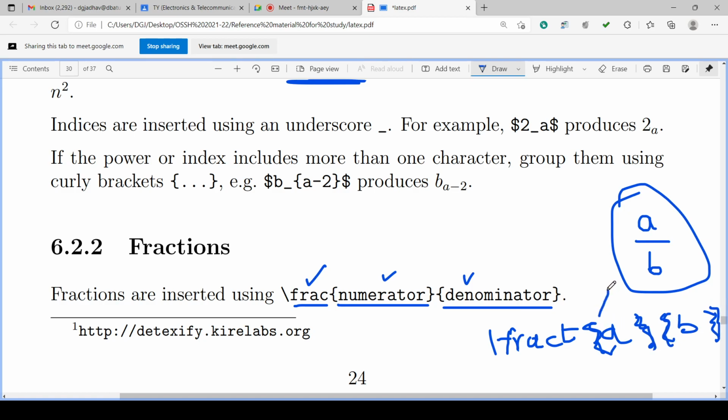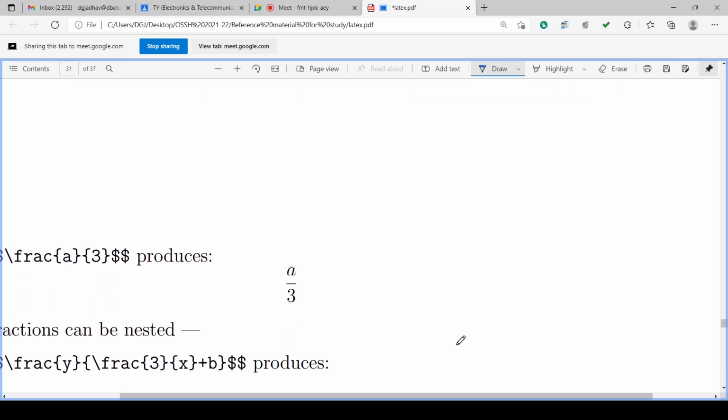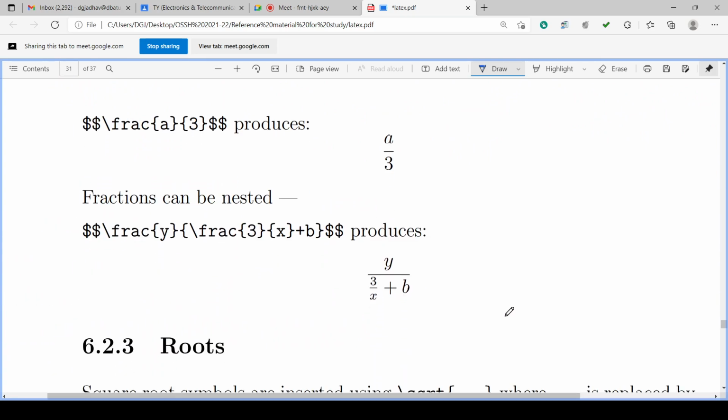That will produce output like this, a by b. So these are the examples for fractions.